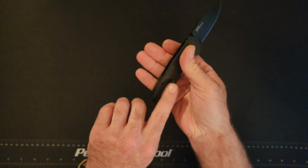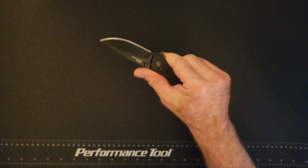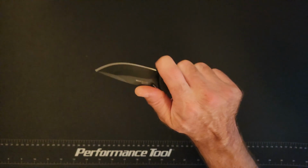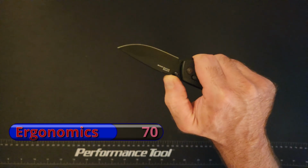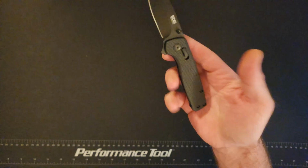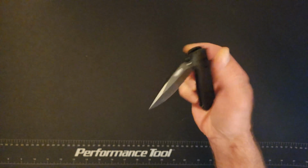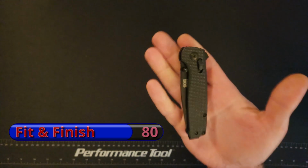This short blade clip, even though it sticks up kind of far, doesn't dig into your hand. Really comfortable milling and everything. The little half choil is nice. The jimping on the blade is really sharp. That's my only real problem with the ergonomics, aside from the fact that that lock mechanism is sticky and doesn't work at all. The fit and finish of the knife, I mean, I would never have guessed this was a